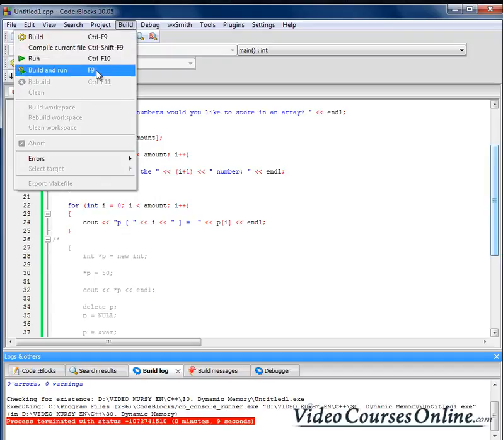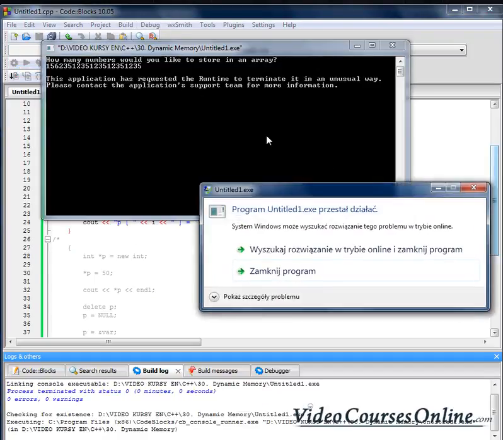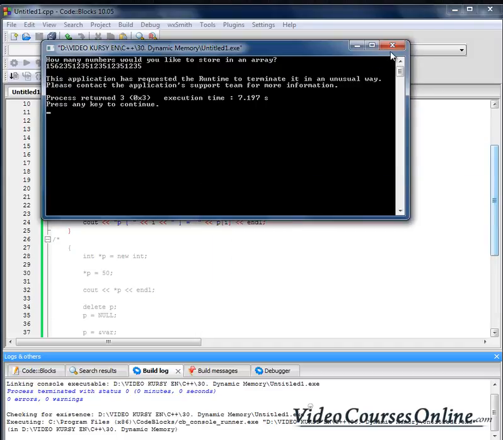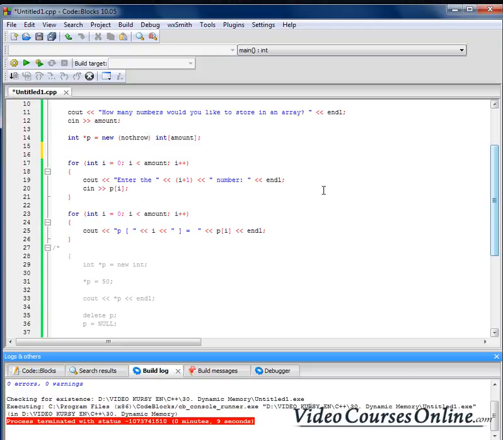But what will happen when I do something like that? I want to reserve that much memory. This application has requested the runtime to terminate it in an unusual way. And because, well, we can't get so much memory, right? So we could here try to catch that error, but we'll talk about catching errors in other lessons. We can do something like that. Nothrow, so it means that we are not going to catch anything because we don't know how to do that. And if